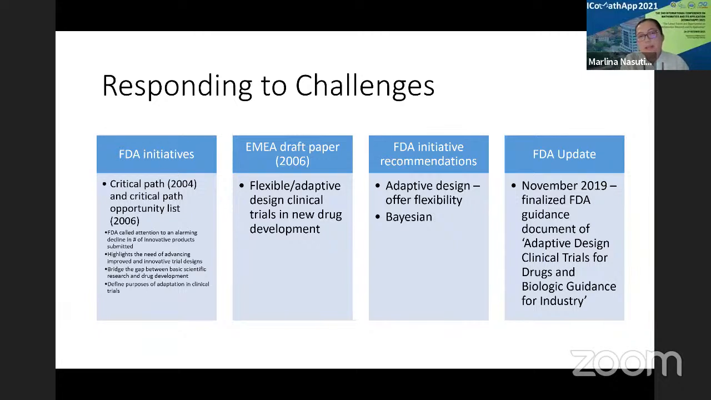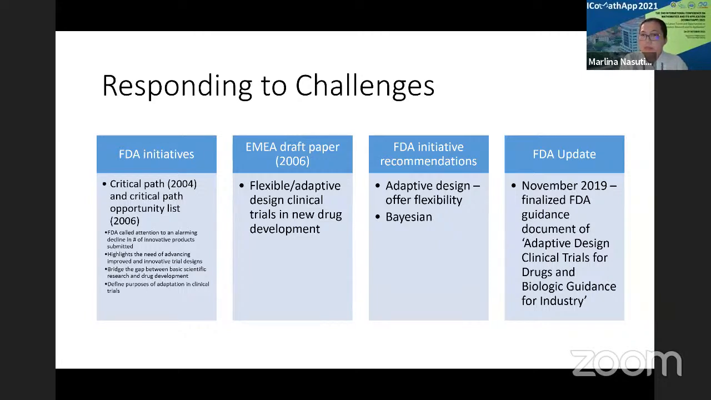But you can see here, bisa dilihat di sini, efforts yang diinisiasikan membutuhkan waktu yang sangat lama. Dari mulai tahun 2004 here sampai kepada tahun 2019, baru ada final guidance untuk adaptive design. Adaptive design is the design that offers flexibility and can be utilized for more complex study, as